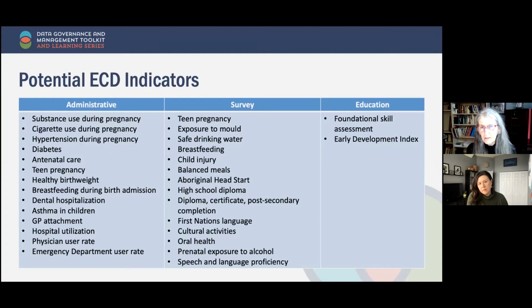And then over on the right-hand side under education, I found not just in BC, but other jurisdictions do foundational skills assessments for young grade school kids. And this is math and comprehension and reading skills, which are accessible. And also some jurisdictions may do the early development index or the EDI, which looks for vulnerable children in kindergarten. I know it happens in BC, but it's more of an international type of index, not just one particular jurisdiction. So you'd have to check with your own to see if the EDI is captured there or not.